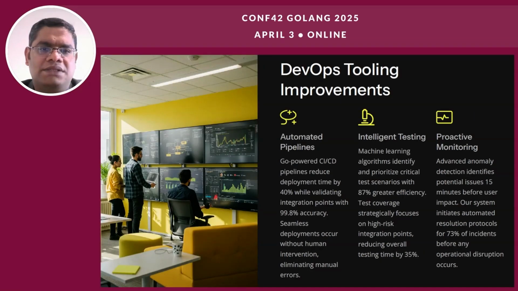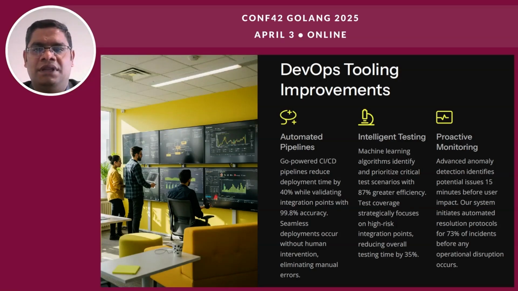DevOps tooling improvements: you have mainly automated pipelines. We have mainly worked with Go. We have powered CI/CD pipelines, which reduce the deployment time by 40%, while validating the integration points with 99.8% accuracy, which is close to 100%. This gives a seamless deployment without human intervention, eliminating most of the